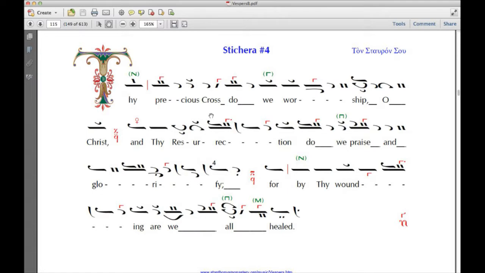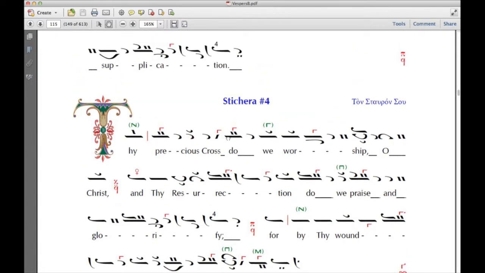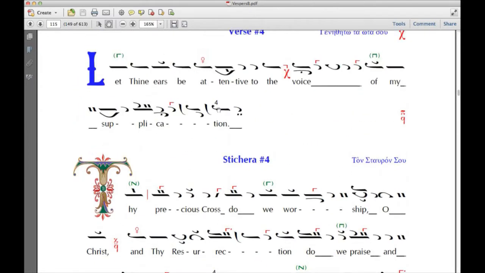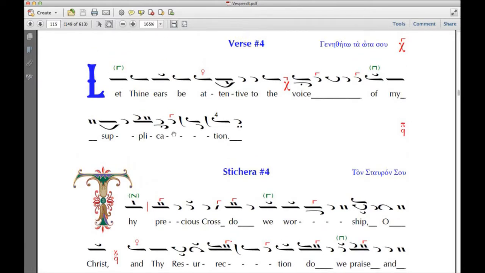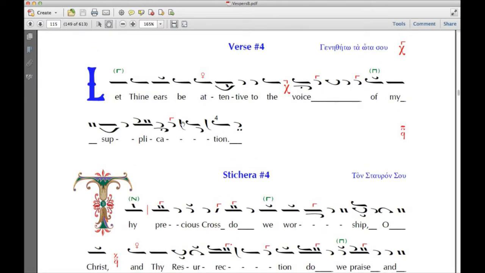All right. Easy as they go. You guys sing, and I do Ison. Does this want me to sit? Yep. Okay. Let thine ears be attentive to the voice of